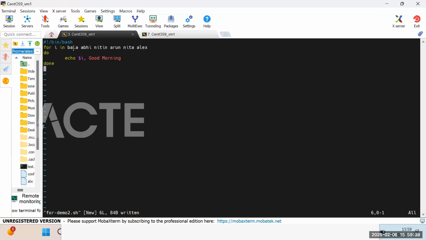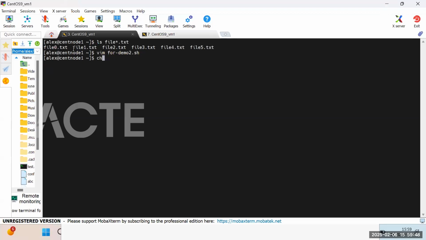and the for loop would print Bala, good morning, Abhi, good morning, Nitin, good morning, like that. So that's how it can be used. I'll show the demo as well. But it's strange the way this kind of variable, let's say I, is not being quoted or dollared. It's just I. So no double quote or no dollar. So this is how